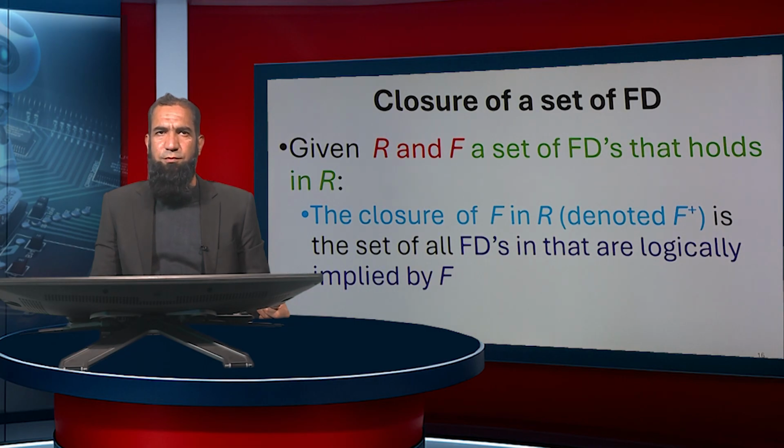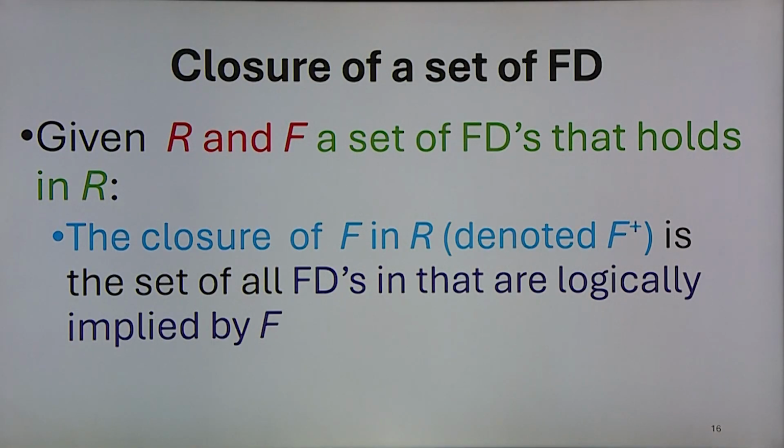Formally, let's define what we mean by closure. Suppose we have a relation R and a set of functional dependencies F that hold in R. The closure of F, denoted as F plus, is defined as the set of all functional dependencies that can be